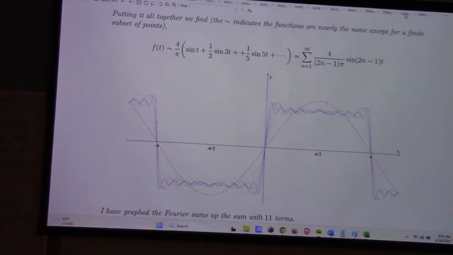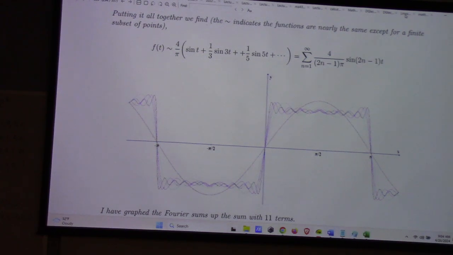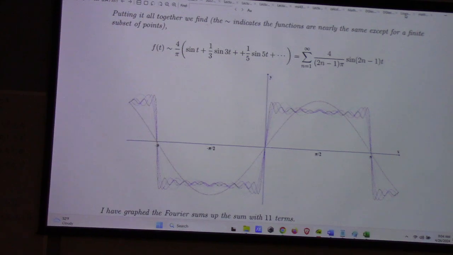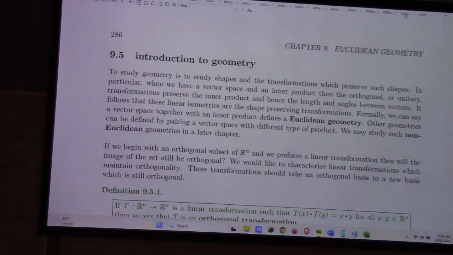So a lot of mathematicians reject this out of hand because it's got some really nasty features. Every sine and cosine is continuous, right? Is the square wave continuous? No. So you're telling me you can take an infinite series of continuous functions and create a discontinuous function? Yes, I am. Here it is. And that's the kind of thing that mathematicians had to grapple with. And it took us the better part of a half century to really work that out. A lot of it ultimately sort of being settled by